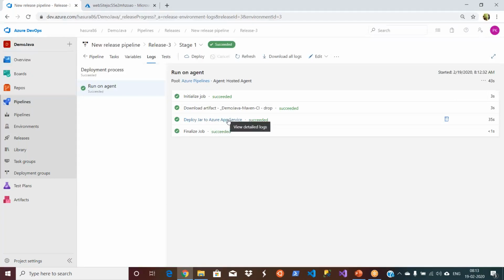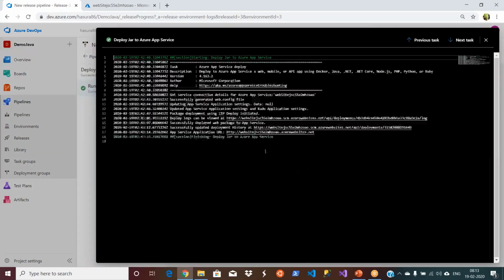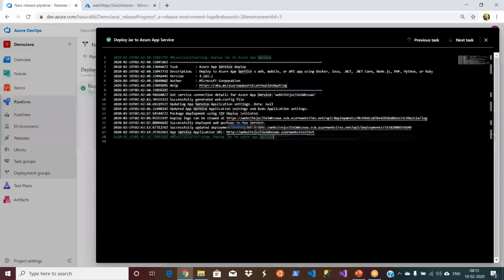If you go to the logs, it will show you the app service URLs as well, where it is being deployed. Okay, it is being deployed to, this is a website name, right? For our app service, website JCSS something. This is a website name, and the logs are placed here. You don't need to worry about that. All you need to do is go and open this, or you go to your app service